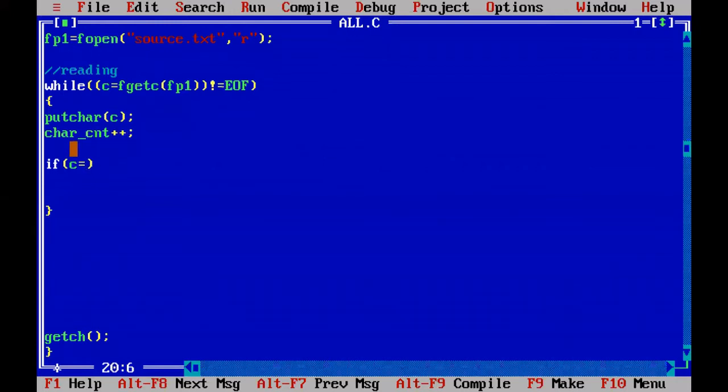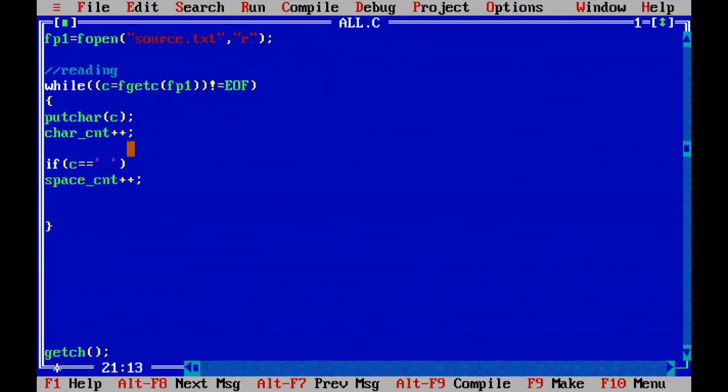Whenever you retrieve that particular character C, check whether C is equal to space. This is an empty character. Now in between the quotes, if you give one space, that means you are representing a space. So whenever the character inside C is equal to space, the condition is true. That means whenever the character is equal to space, you increment space hyphen count plus plus.